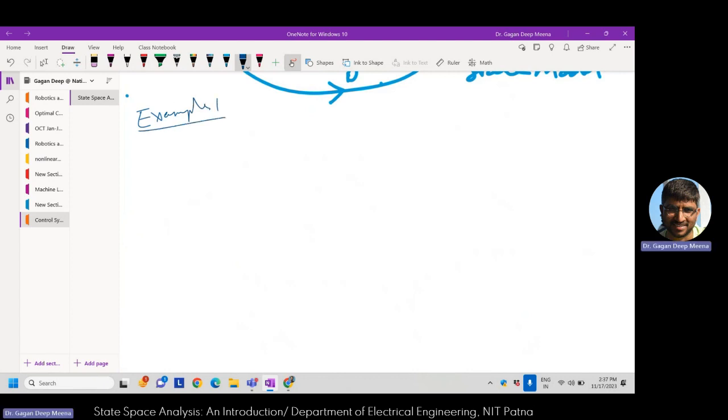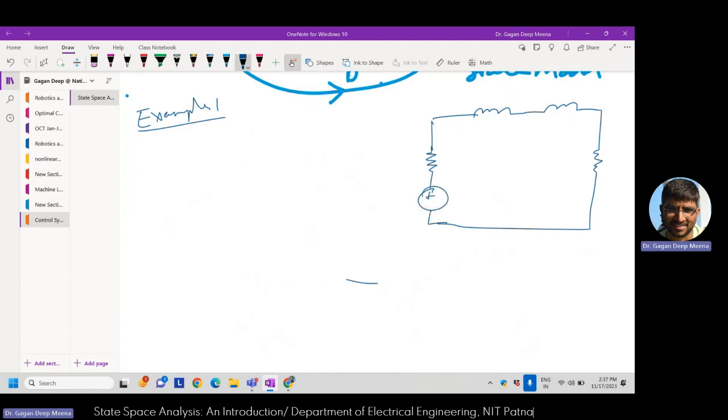It's a circuit which has an inductor, then another inductor, then a resistor, and then one resistor at this branch,